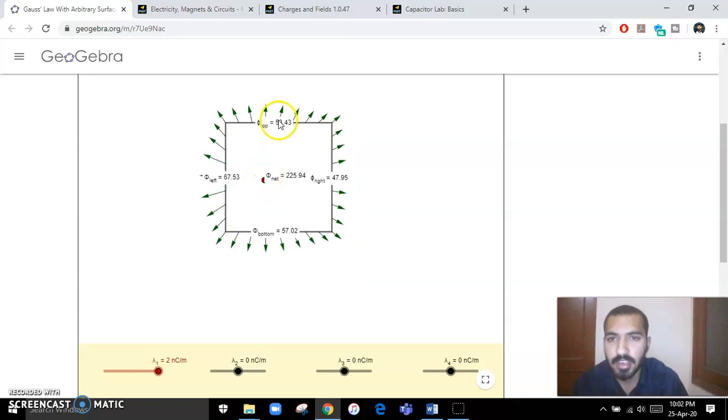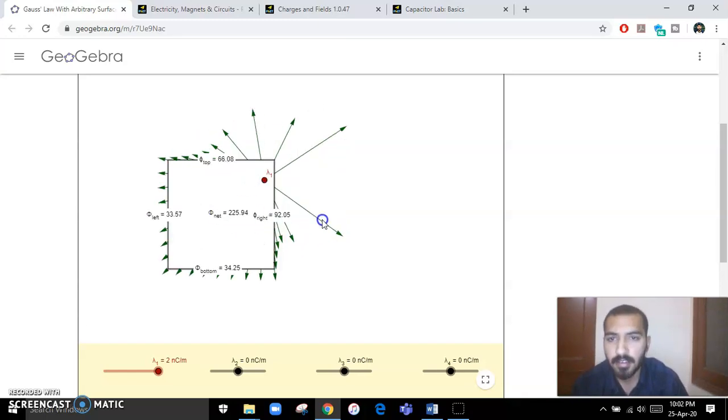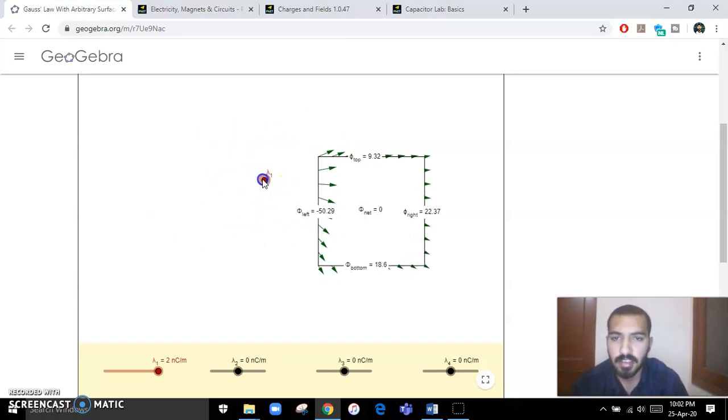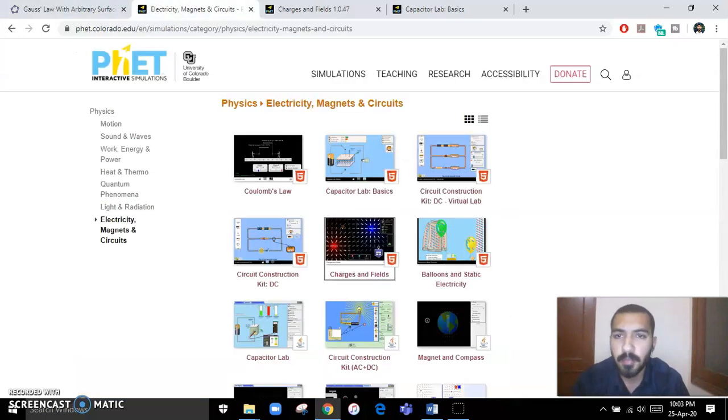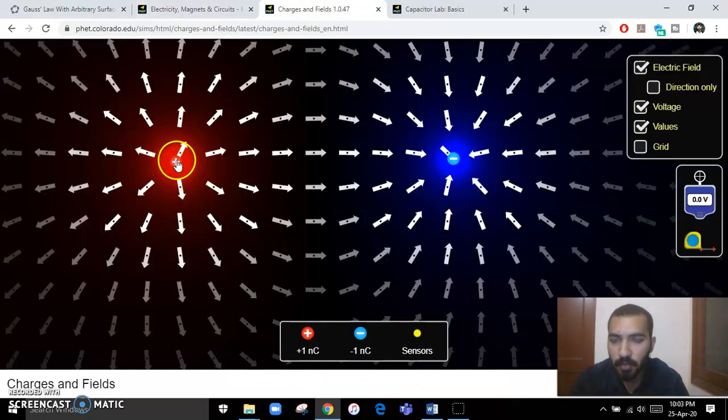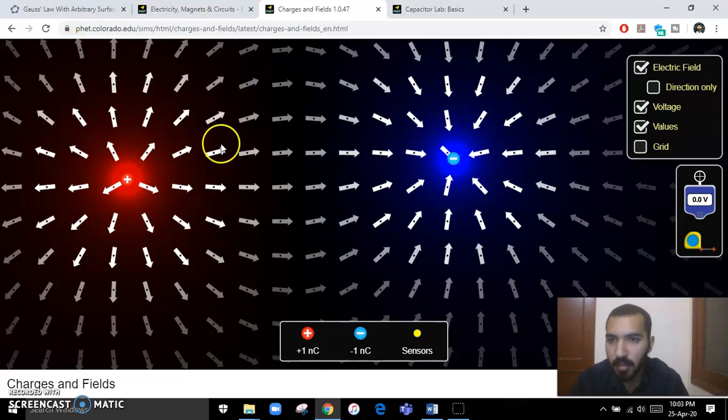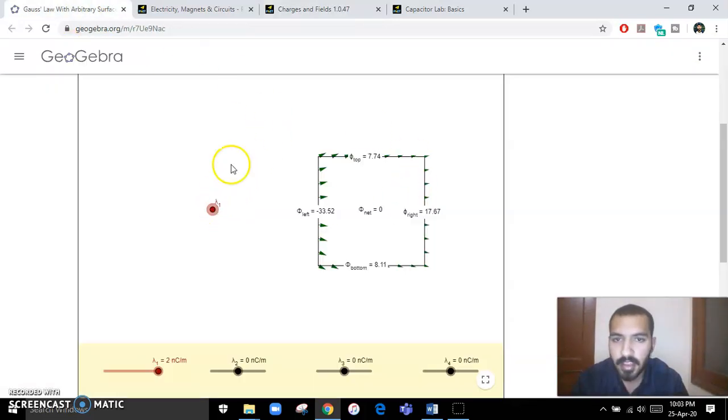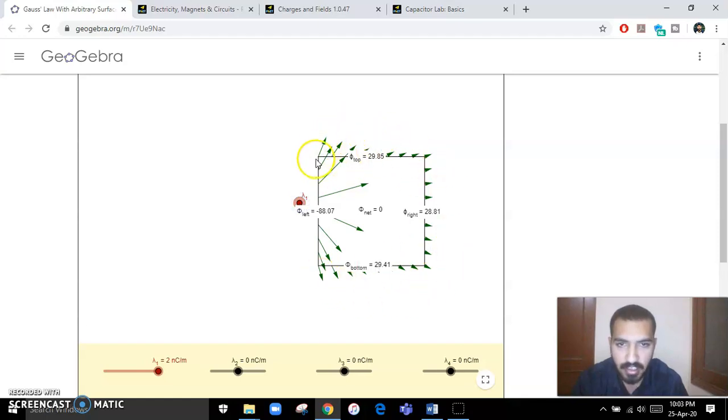How can I move this charge? Yes, this is my charge. As you can see, the red color is a positive charge, and the electric field lines are coming outward from this charge. In this case I can't see these lines of force. When I move it closer to the surface, I can see the green lines coming outward from this charge, and at all the edges of the surface, these lines of force are